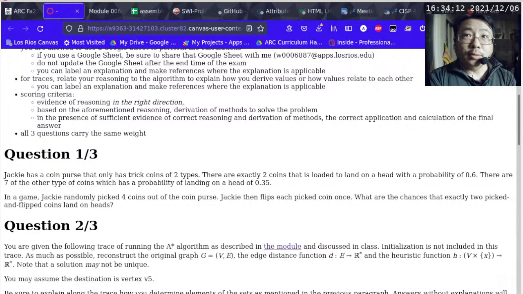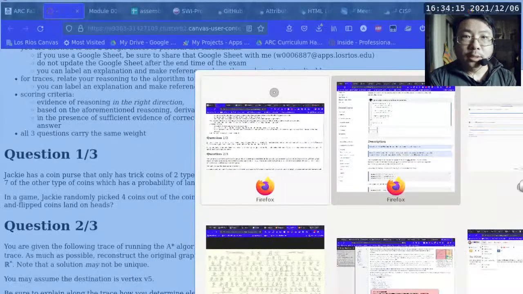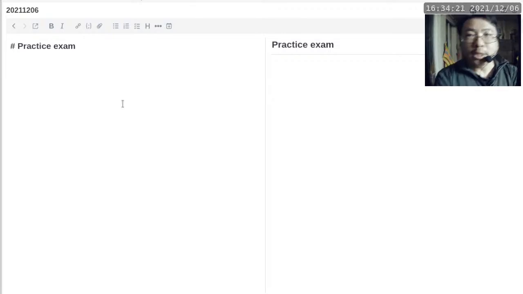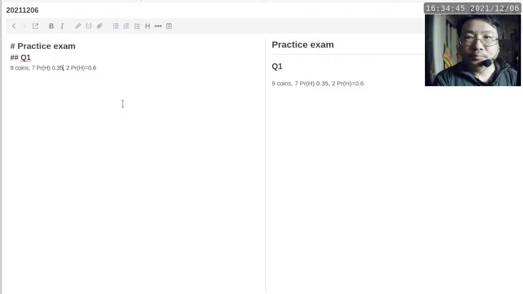So I'm gonna start with writing this in. I could do it in Joplin. There we go. So I'll just kind of write down the configuration. This is for question number 1. So we have 9 coins, 7 with a probability of the head being 0.35, and then 2 with a probability of landing on the head with a probability of 0.6. Okay, so there we go. We have 2 different coins. We know how many each one we have. So we are going to draw 4 coins